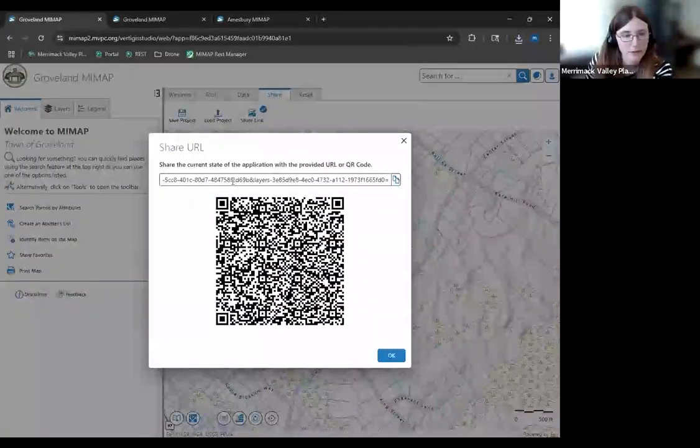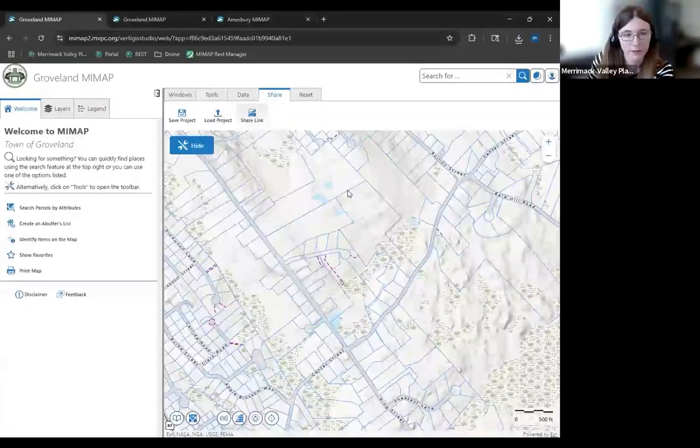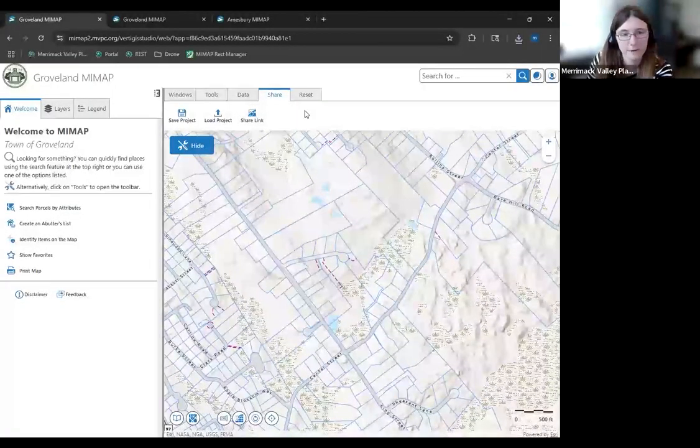You can also share a link, which generates a link based on, I think, your current view, your current drawings, all sorts of things. If you wanted to share it with another person in case you're collaborating with someone or just like, hey, I circled an area that needs work on my map. Can you go look into this? You can just share the link directly to us and we'll be able to look at what you circled, which is pretty convenient rather than having to send screenshots back and forth.